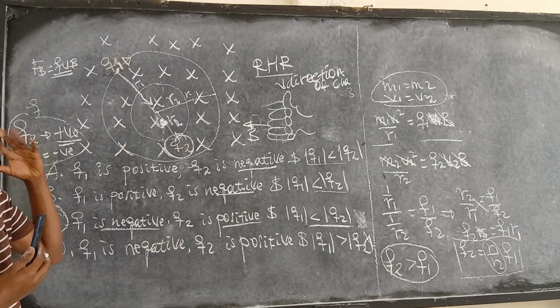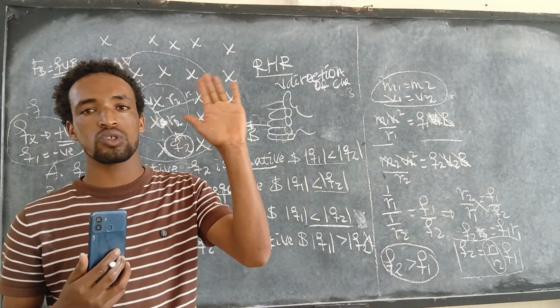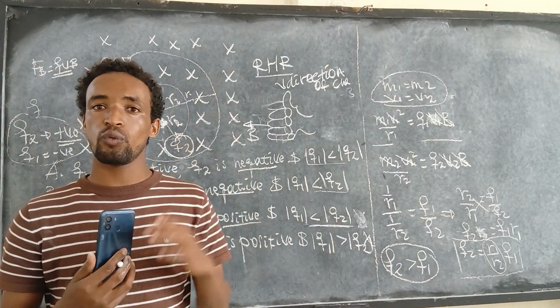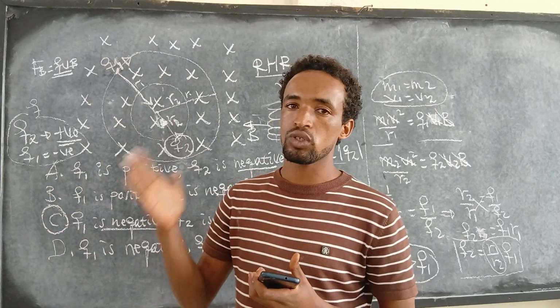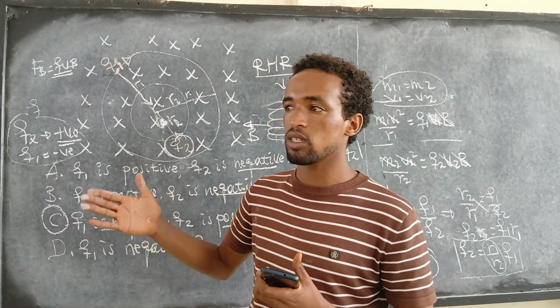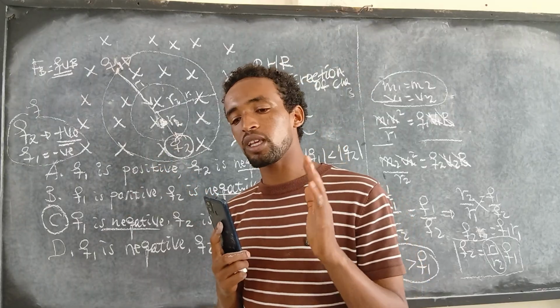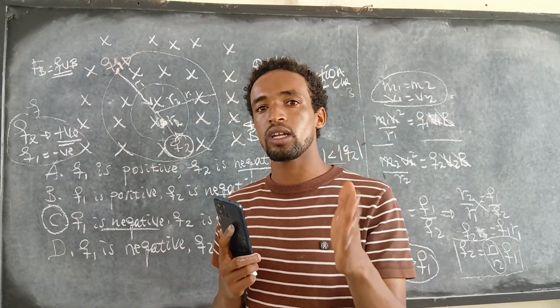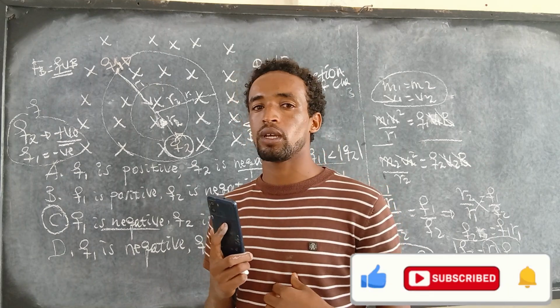That's it. I always want you to know that if we have a negative charge we use the left-hand rule, but if we are doing it for a positive charge we use the right-hand rule. If the right-hand rule is convenient for it, the charge is positive. If the right-hand rule is not convenient and we use the left-hand rule, that charge must be negative.